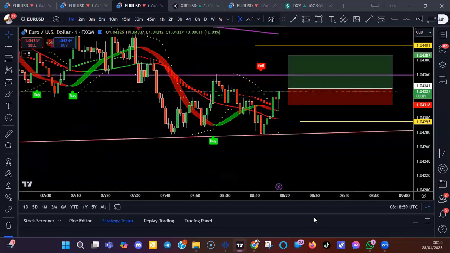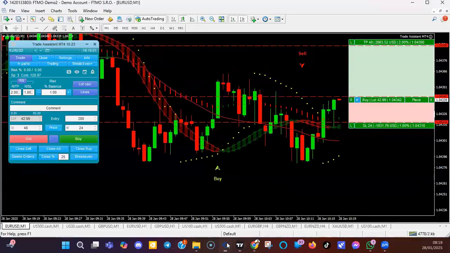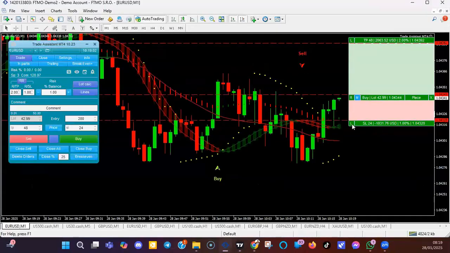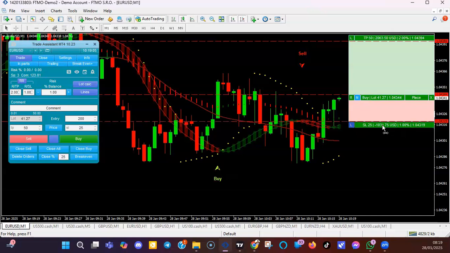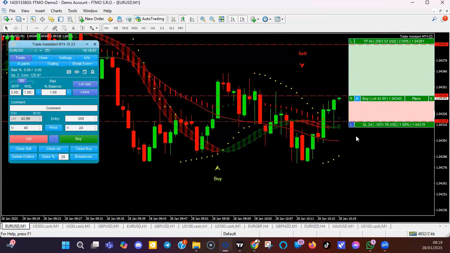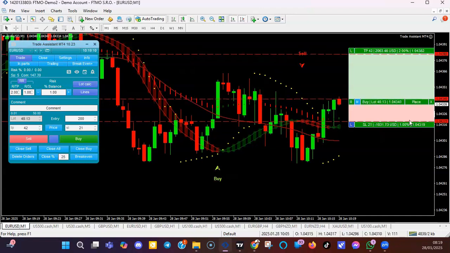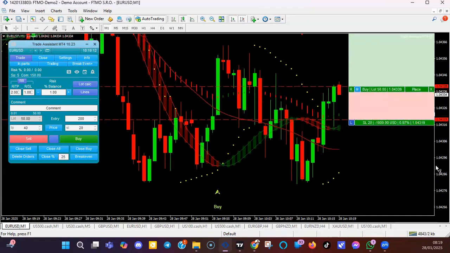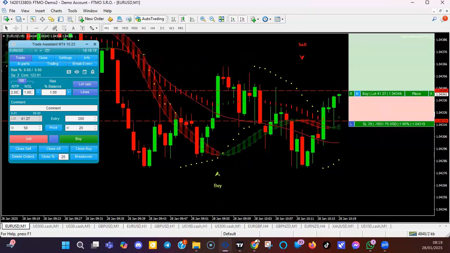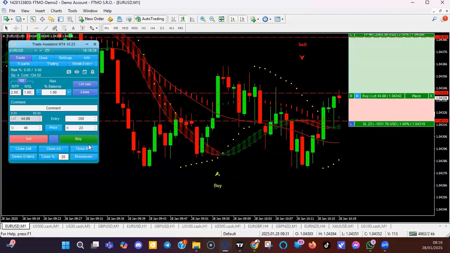Let's switch over quickly. So this is where I'd want to put my stop loss. Now, if it carries on up, I'm going by getting the next buy alert. And I won't be doing nothing until I get that. But that could happen quite quickly